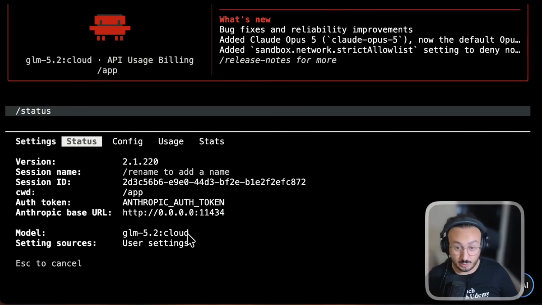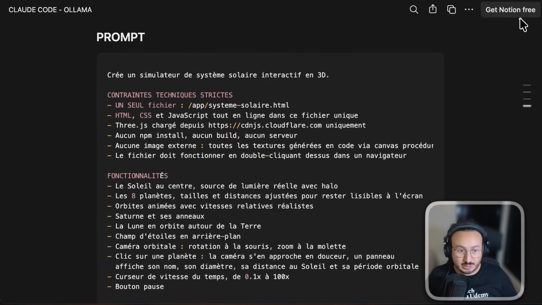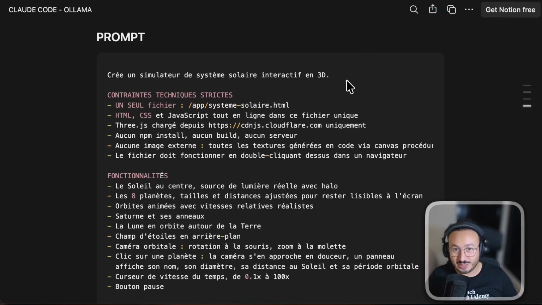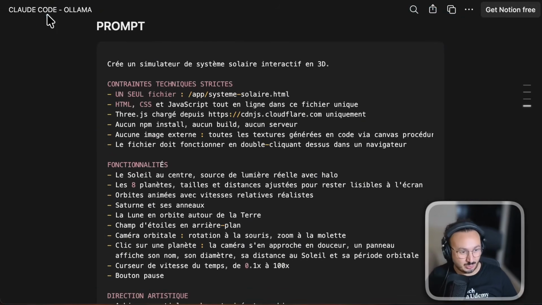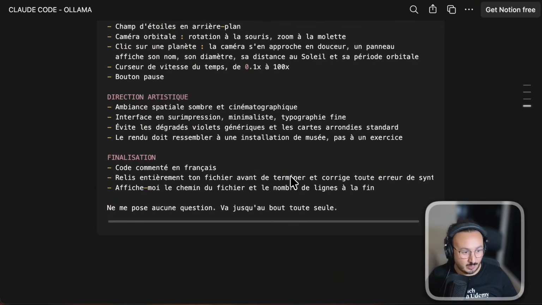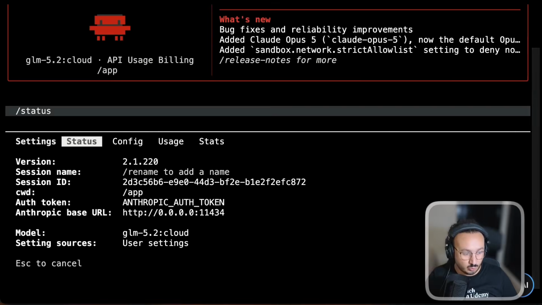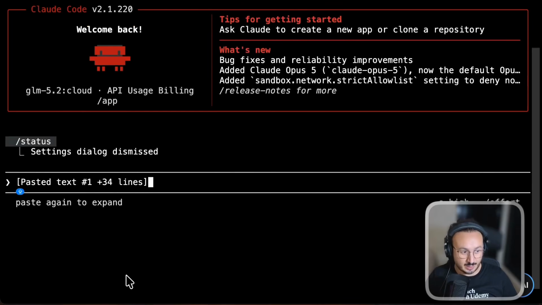So now we're going to try a few prompts to see how this model works. Let's get started. So we're going to do a test. Here, I'm going to ask it to create an interactive 3D solar system simulation for me. So really, we're going to ask it to create this HTML file with some features, some artistic directions, and then a conclusion. So now we're going to copy it and go right here to simply run our command, and I'll